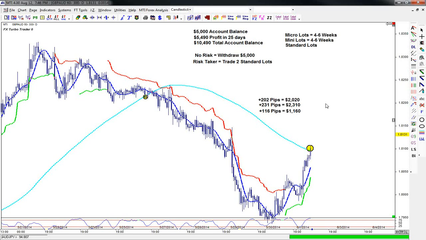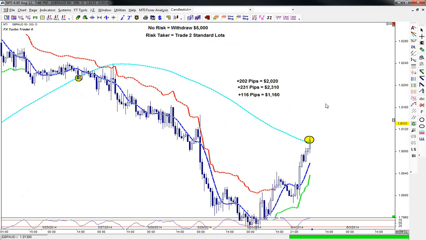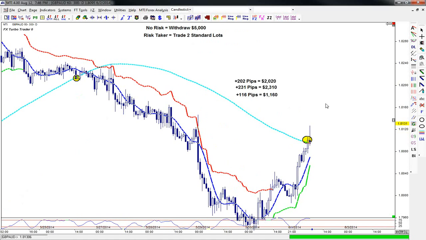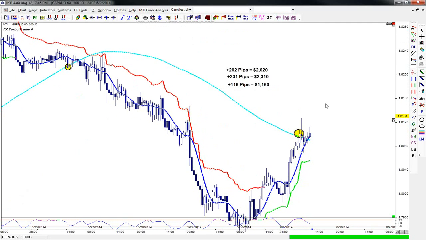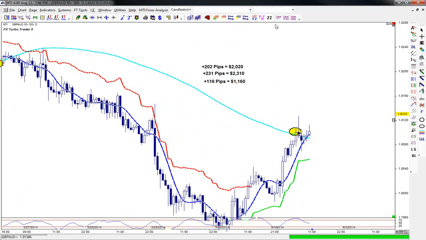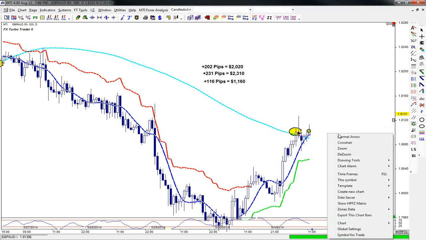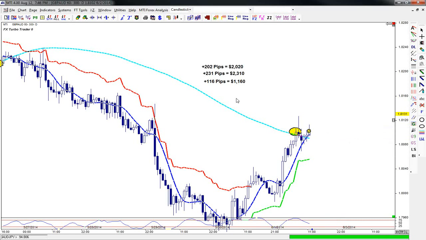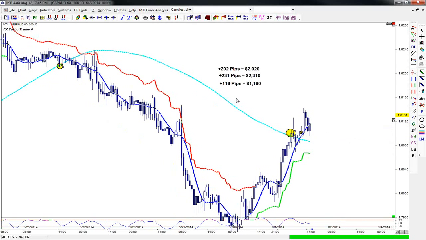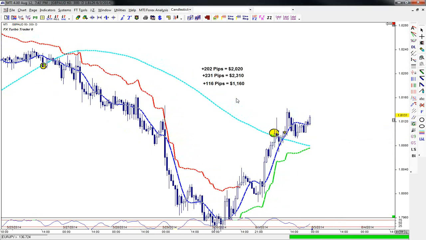Awesome. So let's take a look. Let's go back to the market here. All right. So our last opportunity was a sell. At this point, what are we doing? Well, I'm waiting for my next opportunity. How many of you can tell me what you would do right now? You have a candle above the teal blue line. You have a green indicator. Right? Absolutely. I'm going to place a buy right there. Okay? So I'm buying. I'm now back to living my life, waiting for the market to do its thing and take its course,